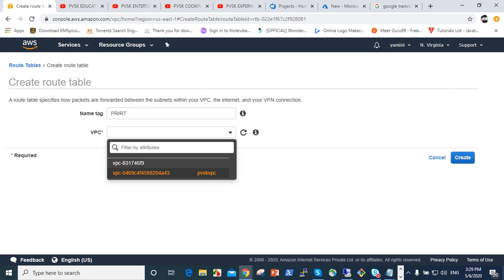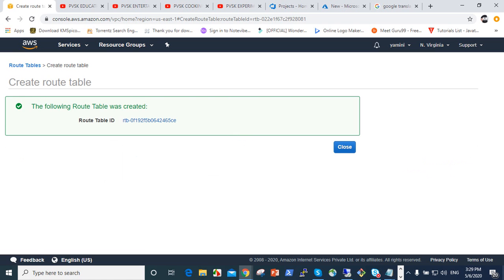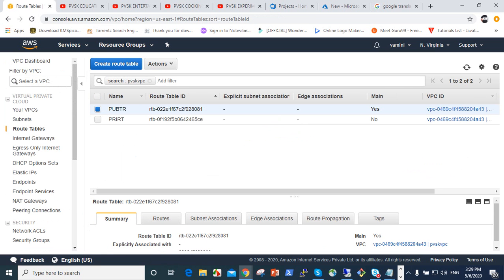Here choose this VPC, so you should attach it to that VPC. Here we also check that explicit subnets show no subnets added. You should add public subnets to this public RT, and private subnets to this private RT. So it's RT, not TR. The route table naming is not a problem.